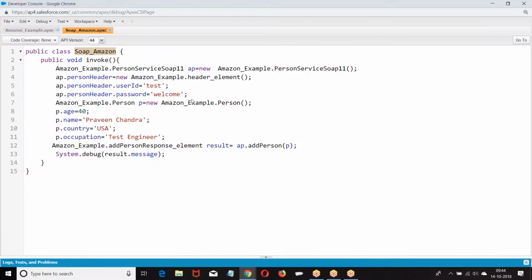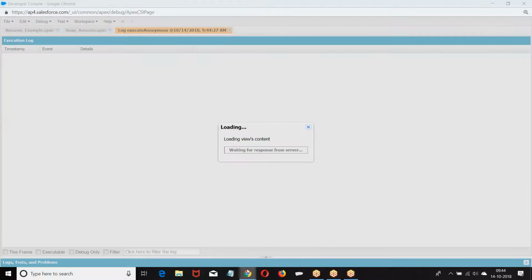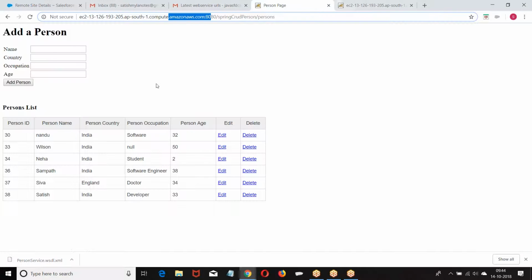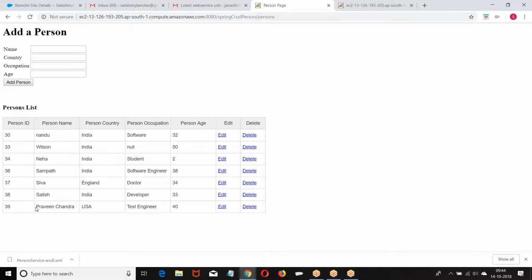Execute. We invoke the service. When we invoke the service, what is the data we got here?